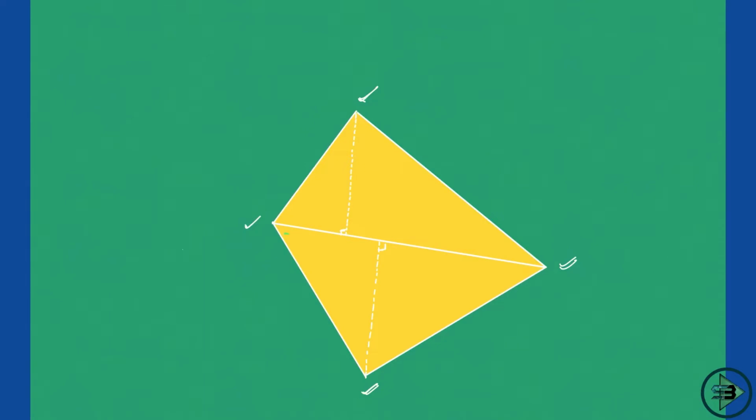Say the length of this diagonal is d1. This is d1, that is my diagonal here. And the length of this perpendicular is, say, a, and the length of this perpendicular is, say, b. So what do I know? This is d1, this is a, and this is b. The entire length of this diagonal is d1. So the area of the yellow part that I am asking about is given as half into diagonal d1 length into the sum of the perpendiculars drawn from the opposite vertices, which means half into d1 into (a plus b).